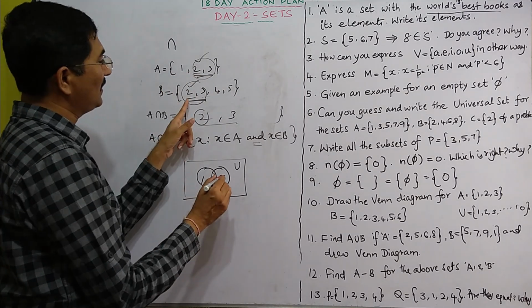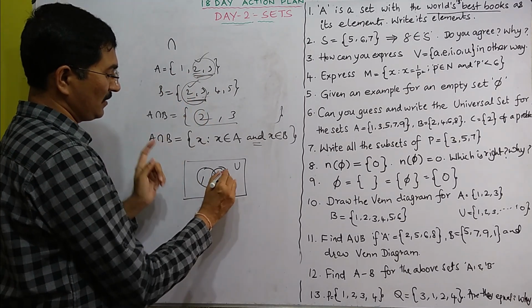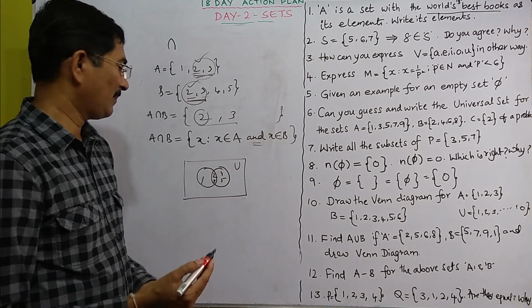So 1 will be here. In 2, 3 are here, 4, 5 will be here. So here there are no elements, no problem. So now,